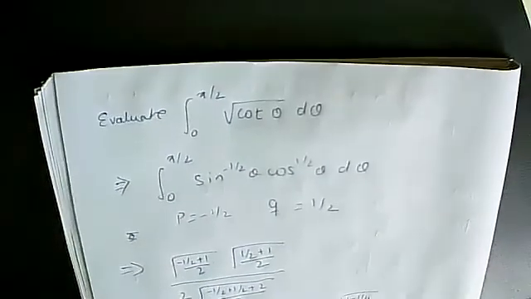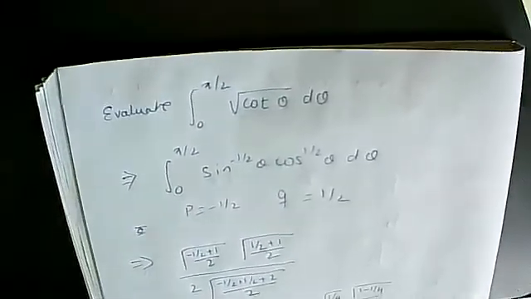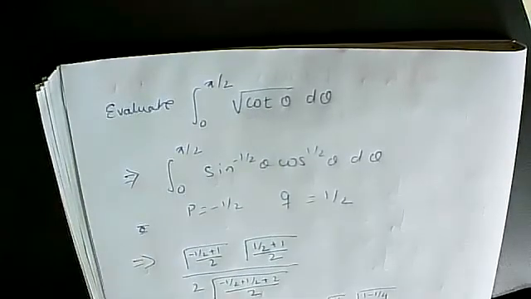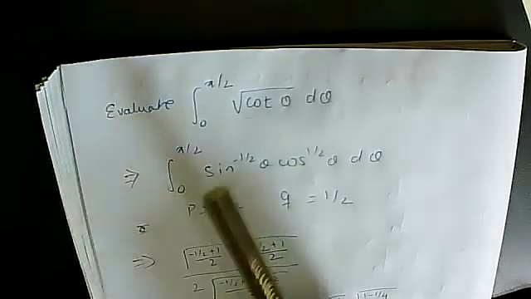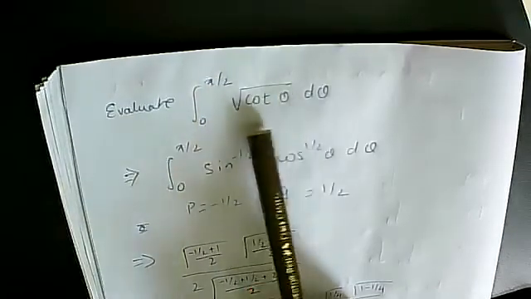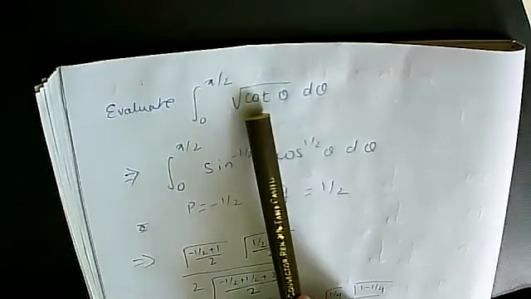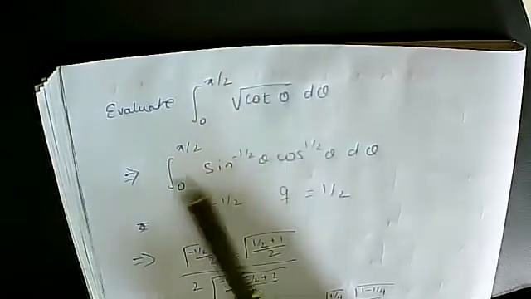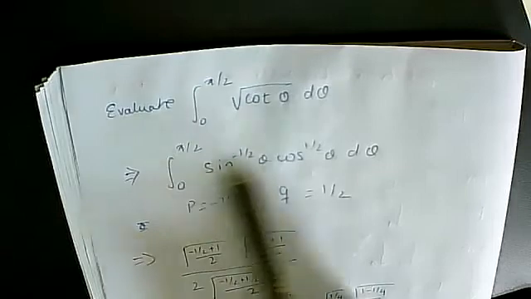Let us see how to apply this relation to solve a question. Whenever you have any integral, you can easily convert it to a trigonometric function by taking the required substitution. Now, once the question is converted into trigonometry, how to handle it? Suppose you have to evaluate integral 0 to pi by 2 under root cot theta. Cot can be written as cos by sine. So, root cot theta is like this.